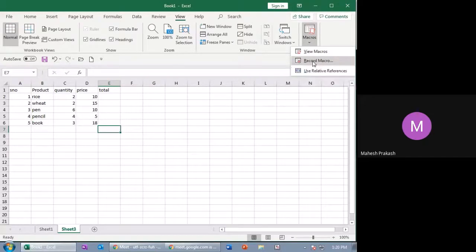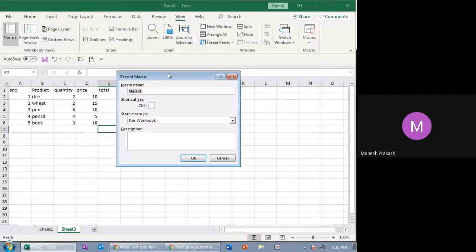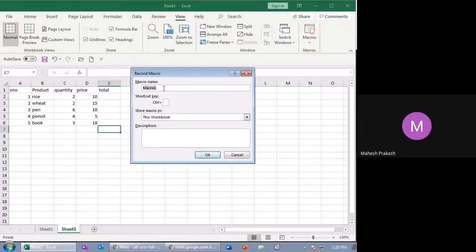Record macros, and now it is asking for a macro name, so I'm giving it the name calculation. Shortcut key means almost like how we have Control S for save. The same way for this macro I can name it as Control M.